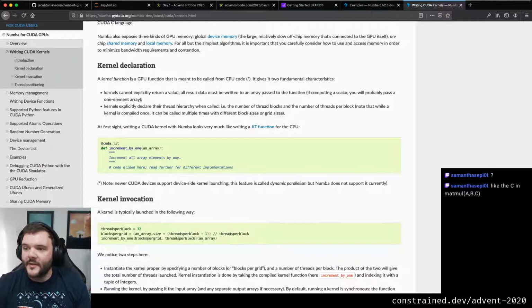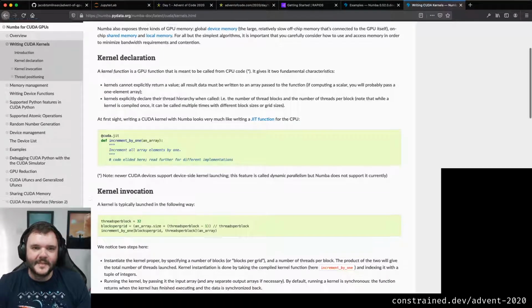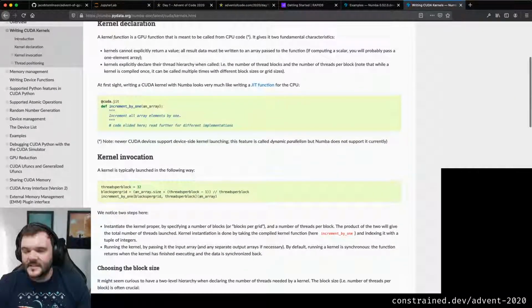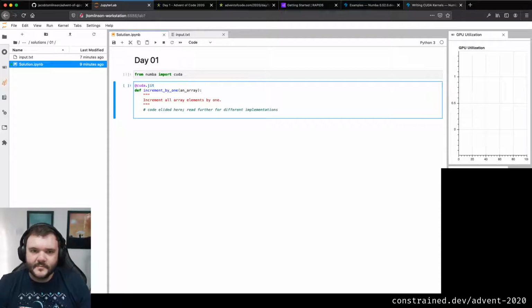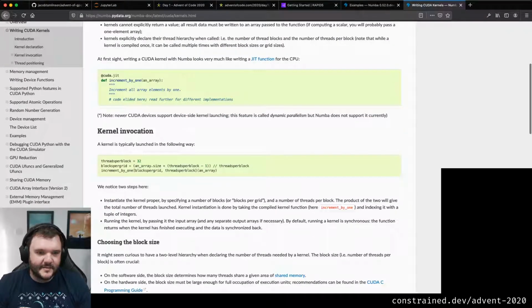Like if you're working with 1D, 2D, or 3D problems, it makes sense to call your function in 1D, 2D, or 3D layouts because it might map onto your problem a bit more. So we're not going to worry hugely about this because I think we're going to have reasonably straightforward problems in terms of Advent of Code, but this is a fun thing to work through. So yeah, I've copied this example across. Right, and then the kernel invocation is like this.